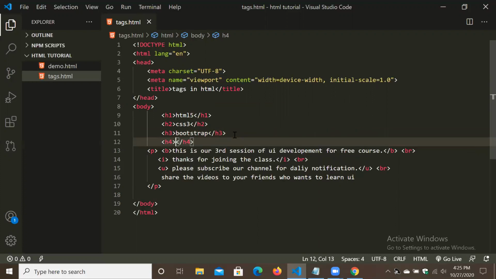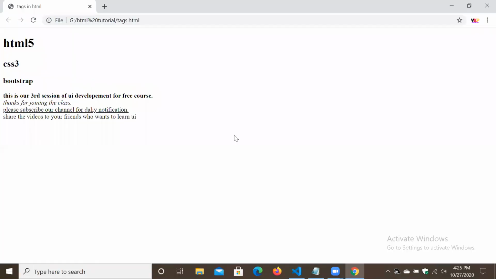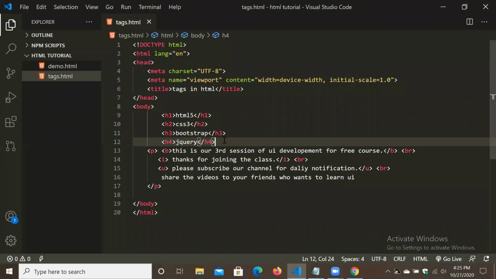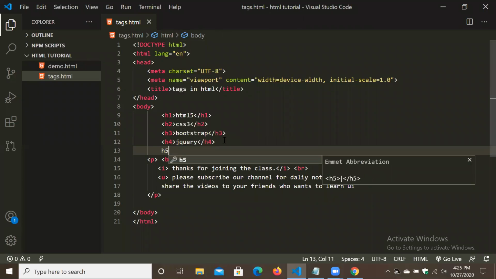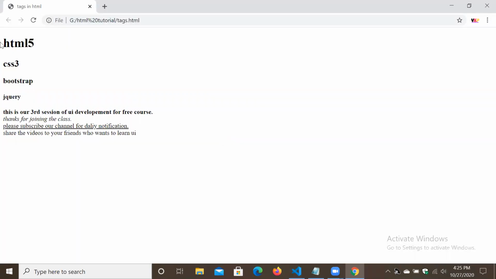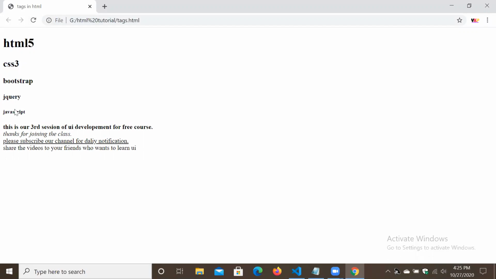So here jQuery, refresh. What happened? jQuery is also smaller than Bootstrap. Now H5 is JavaScript. Okay, Control S, refresh. JavaScript is smallest among them.